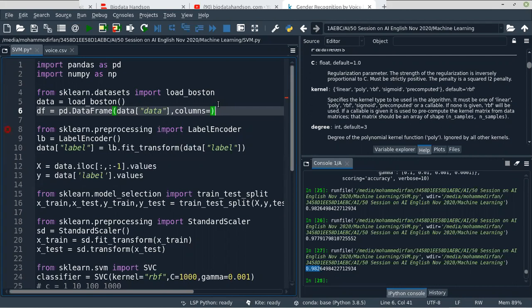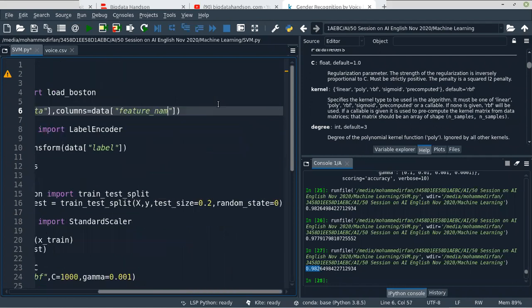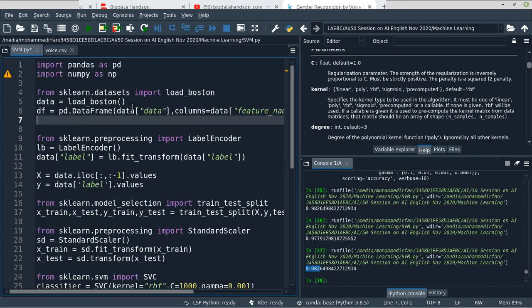You can get the feature names from the key feature_names. The data key has the independent features. The target variable is inside the target key. So in the data frame we create another column called target, and the data is available in data.target.